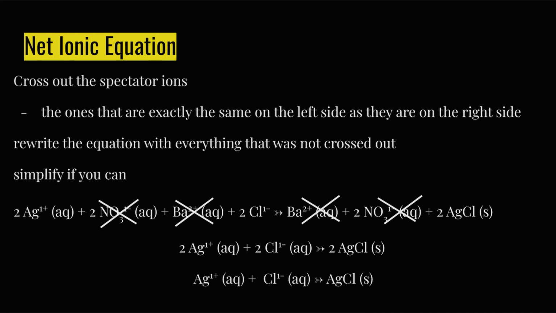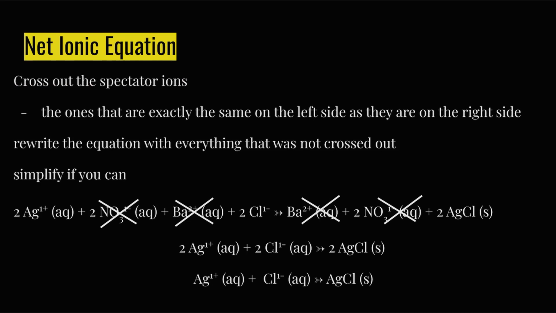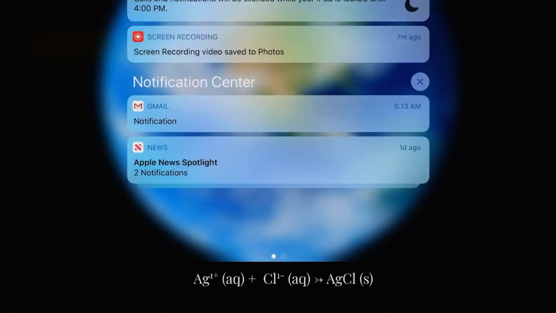So from that entire equation, the only thing that's actually going through a change is the silver and the chloride. The barium and nitrate did not change at all. Okay, so they were just spectator ions. So that is a quick introduction into net ionic equations. You're going to practice some of it in class, and if it's difficult, I totally get it. But I just wanted to give you an introduction into